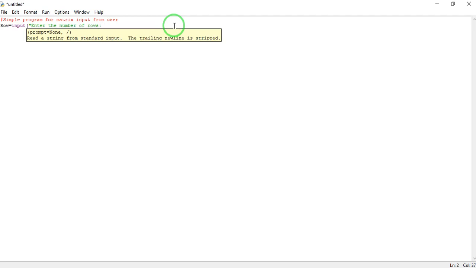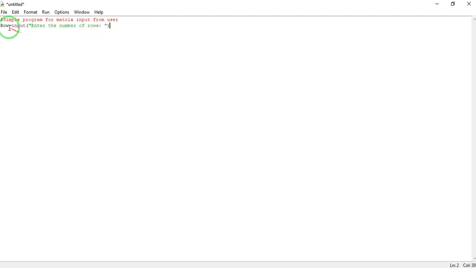Okay, then we will write the colon and then close the bracket. Now again, remember the rows and columns have to be an integer. In fact, it should be a positive integer. So for that we will write this as integer input. Okay, so our input will be the integer input. And this is done.